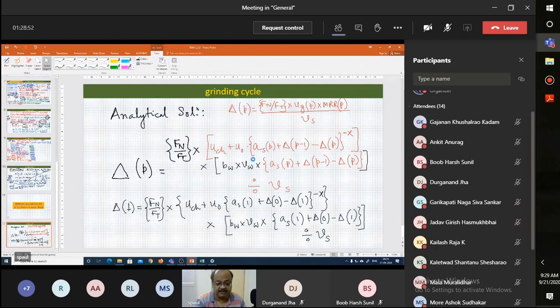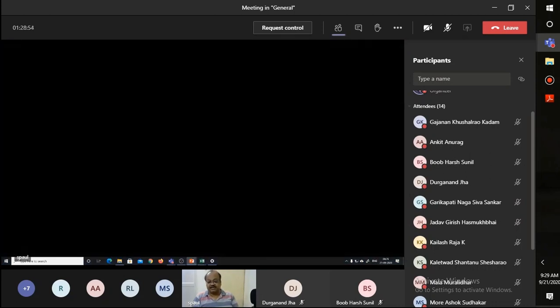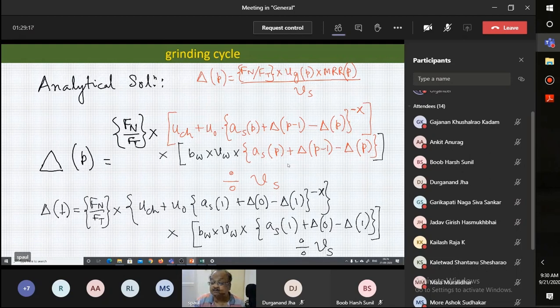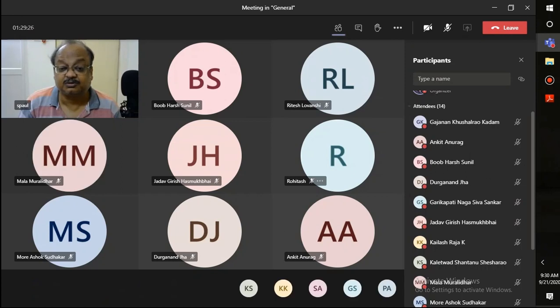Before going into the analytical solution, now you are seeing a black screen. This is not a network problem. Now you are seeing a white screen. It is not a network problem. It is projecting a white screen on your network. So this is very important. Tomorrow we are having a quiz. So let me try to do something I have learned. I do not know whether I will be able to do that or not. Whiteboard. Yes.